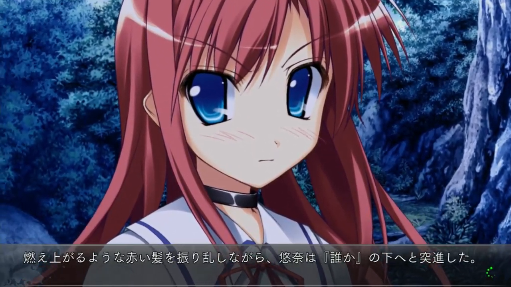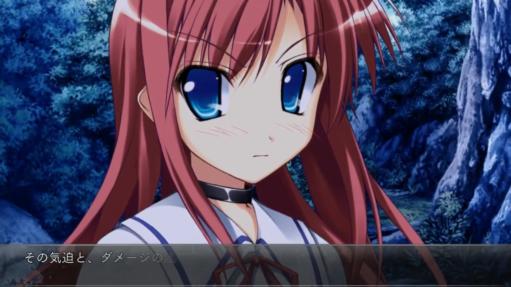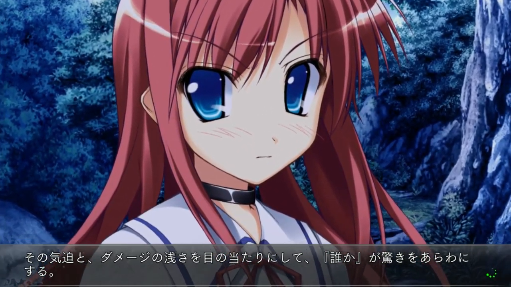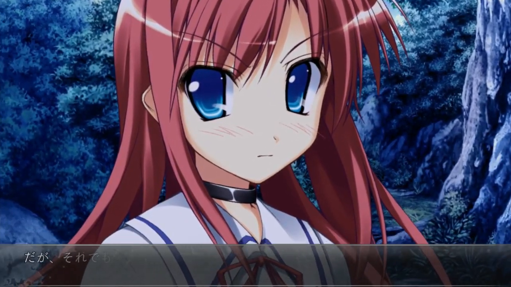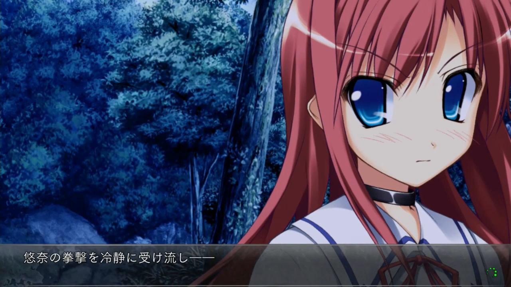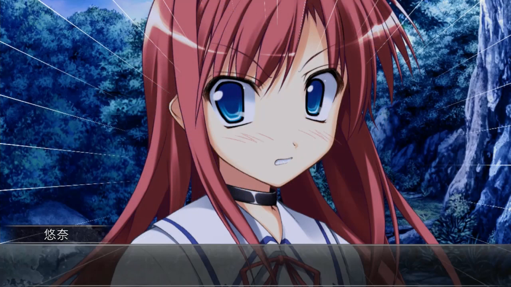Yuna charged under her opponent while her fiery red hair swayed. Her opponent's face warped in surprise. Clearly, they had not expected Yuna to shake off their attack so simply. Yet in spite of that, their response was swift. The assailant calmly dodged Yuna's punch, evaded her attempted right kick to their feet,